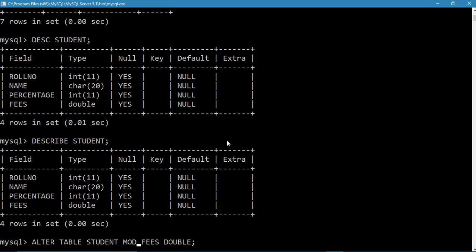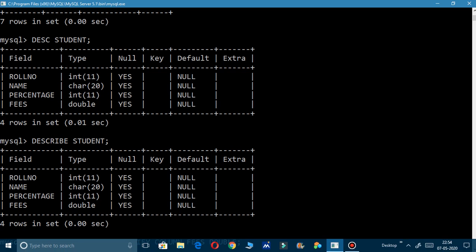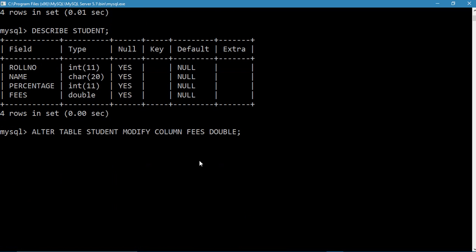Modify. Alter table student modify. Here we need to write COLUMN. So this is to be written, column is to be written. Fine, alter table student modify column, then column name.